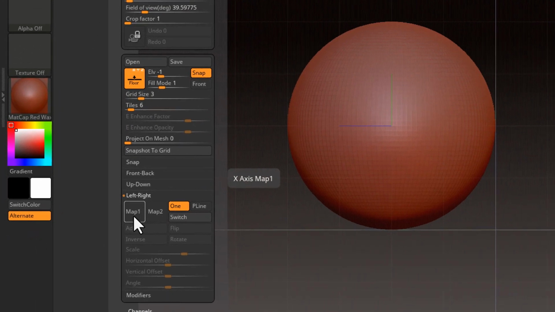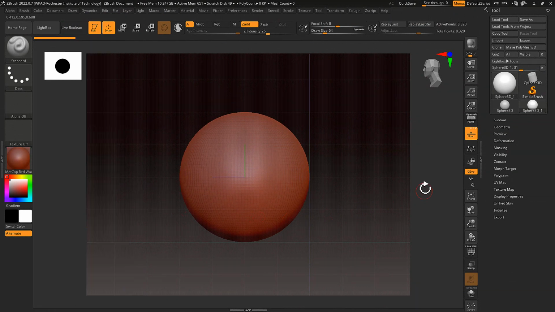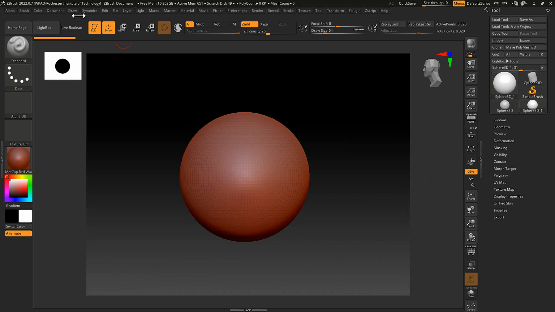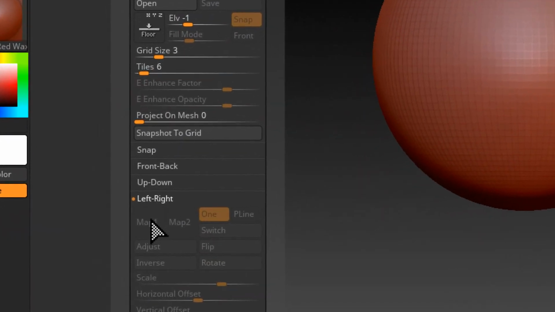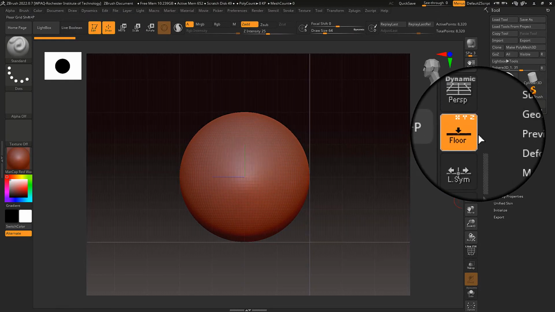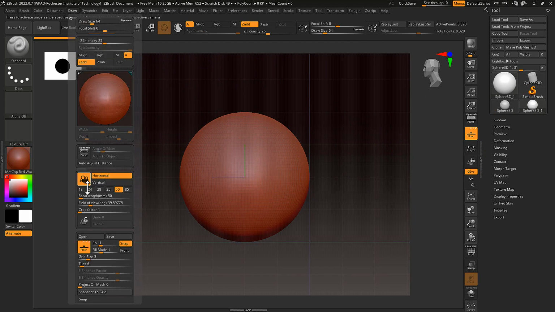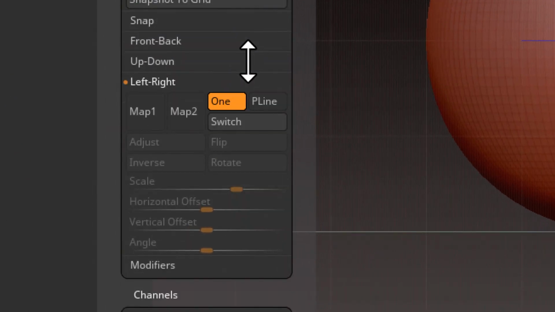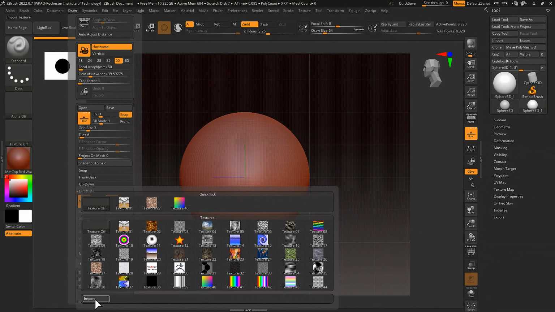Now here's something that might help you. If you don't see this activated, that means you might have forgotten to activate the floor. Keep that in mind. So I'm gonna go here, map 1, I'm gonna choose import, so I can import the